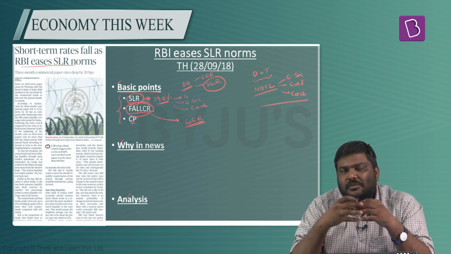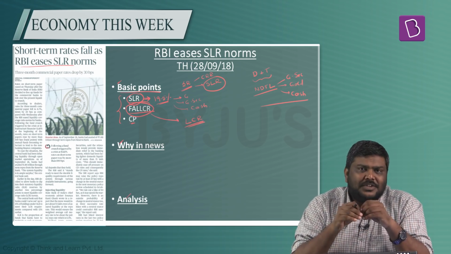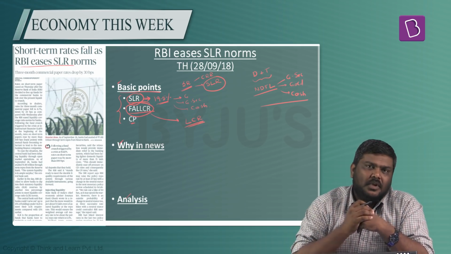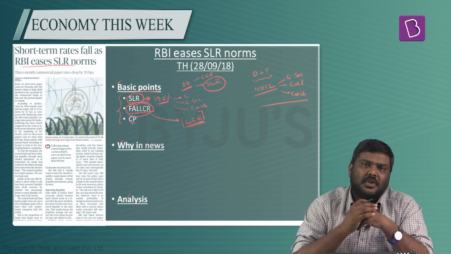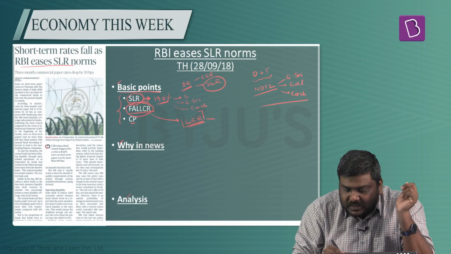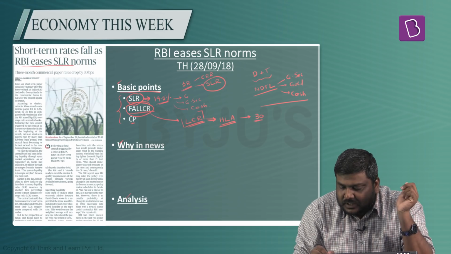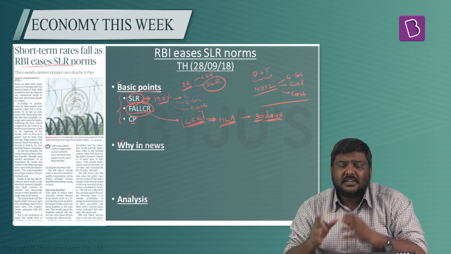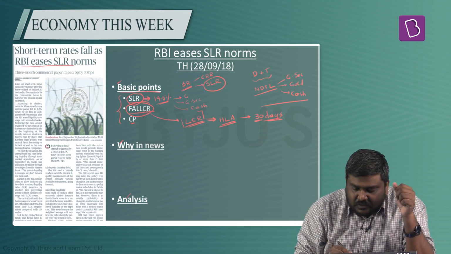All of us have gone through the basic articles related to Basel guidelines, which are being implemented in the case of India, under which there are certain ratios with respect to the liquidity maintained in each of the banks. One of the ratios that has been mandated under the Basel guidelines is LCR, liquidity coverage ratio. Under the liquidity coverage ratio, the Basel guideline mandates every bank to maintain sufficient high liquid assets to meet the demand for 30 days liquidity. In simple terms, every bank must maintain sufficient liquid assets to meet the demands for the next 30 days. That is the liquidity coverage ratio.